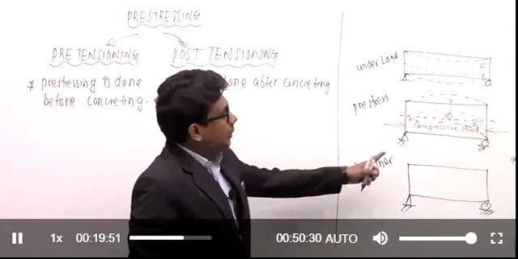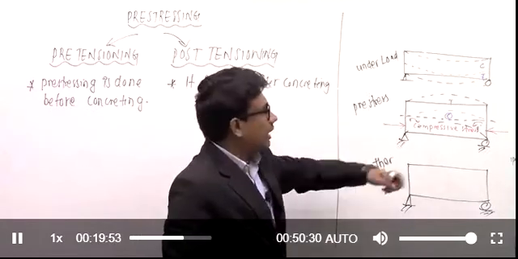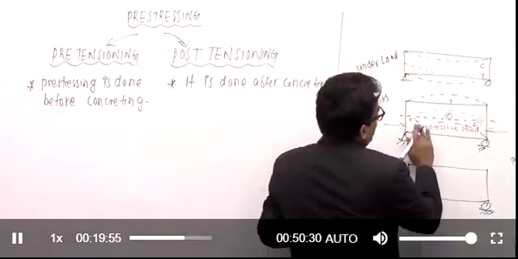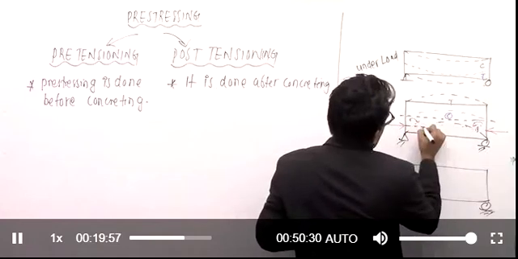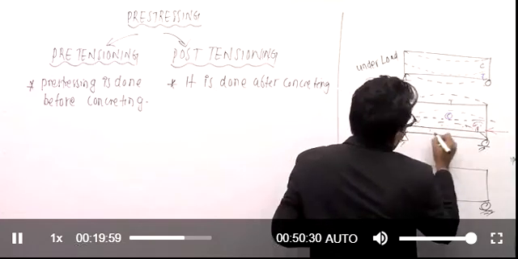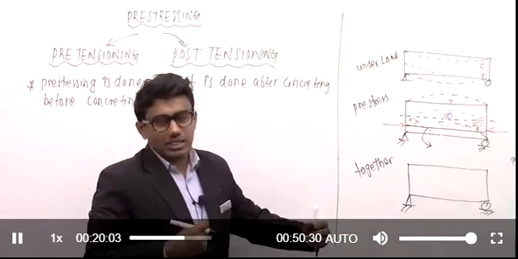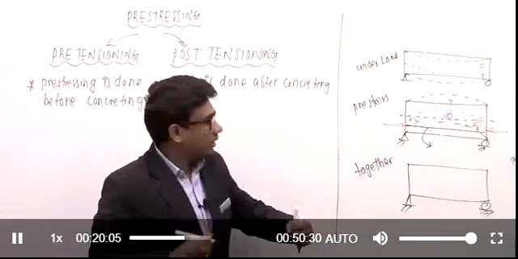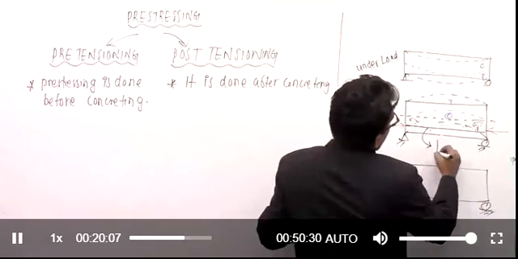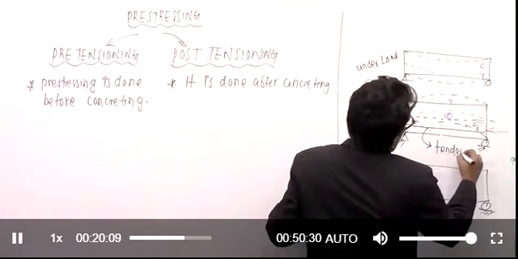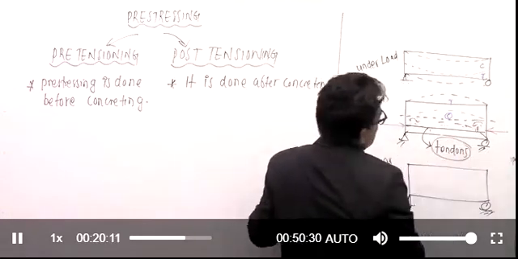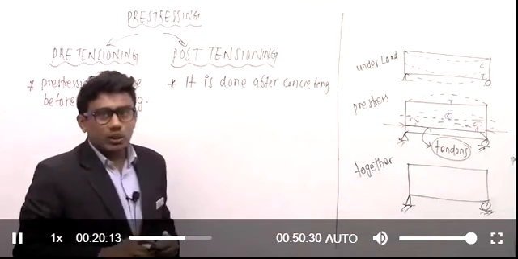I told you that in pre-stress we introduce compressive stress. These compressive stresses are introduced within the concrete with high yield strength steel. It's not bars actually, it's steel wires and cables like this. They are called tendons. We will apply this compressive stress with the tendons.